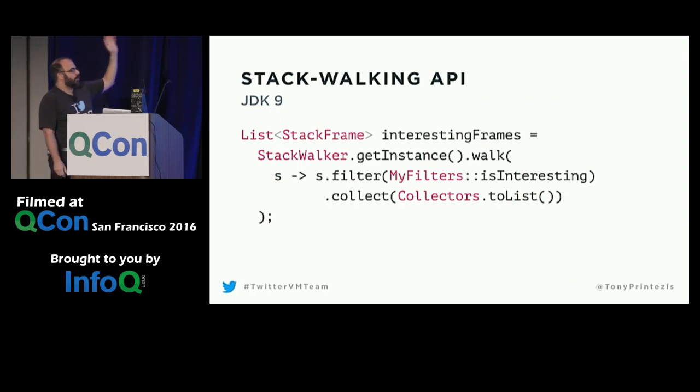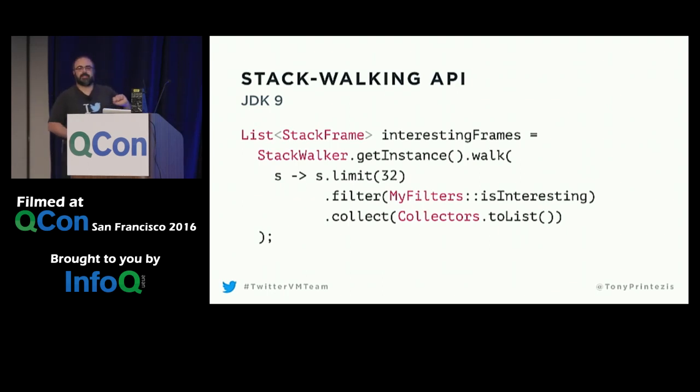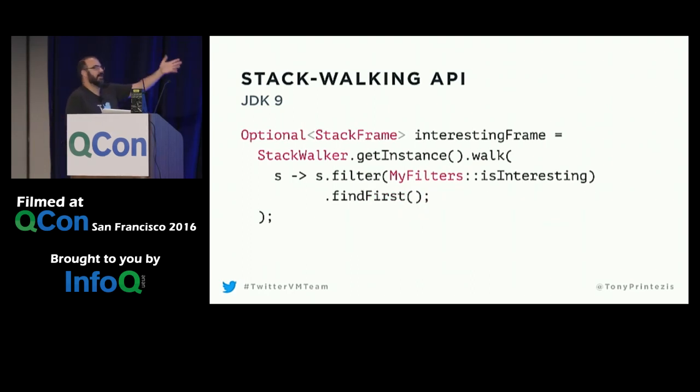So it's very straightforward. We take the stream, we filter it based on a method called is interesting, and then we collect into a list. This will go through the entire stack, but will only create a list of the frames that are interesting. If we wanted to limit it, it's easy. You just add a limit, 32, and this will only look up to 32 frames, and it will not go further. So this is a very nice way to bound the cost of this operation, both in terms of memory footprint and also in terms of time, how long it will take to finish. And if you want to pick a particular frame, again, you can filter it based on something and then return find first, and then you get the result, or not, because it returns an optional, because there might not be a result, right?